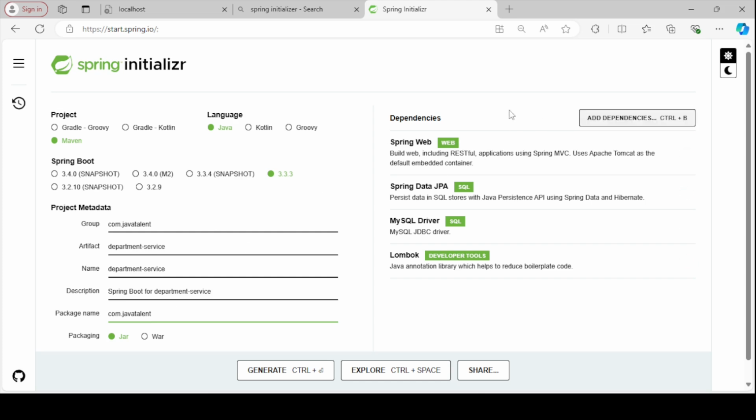so I'm giving com.javatalent as the root package, and I will create multiple more packages. These are the dependencies I am going to use: Spring Web, Spring Data JPA, MySQL driver, and Lombok. These are the four dependencies I am using for both applications, the department service and the user service. Once you generate your application,